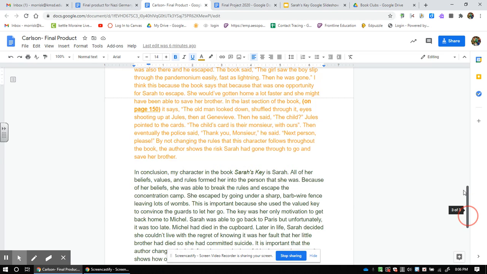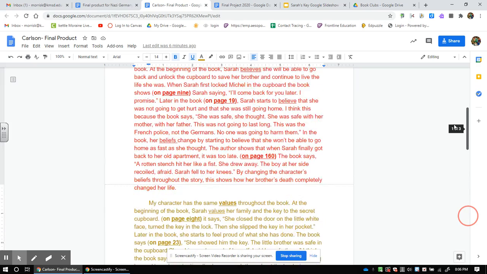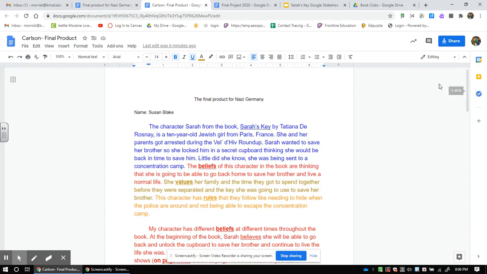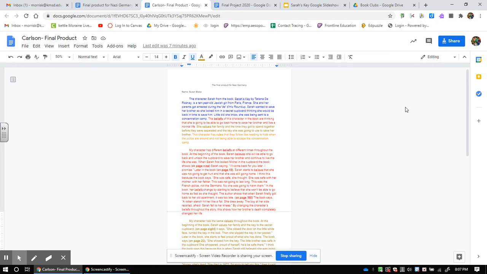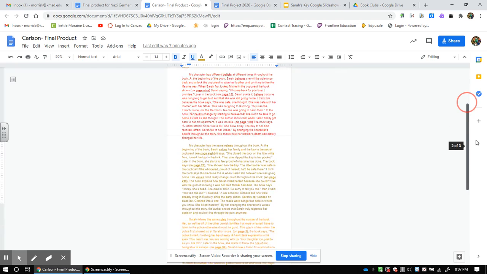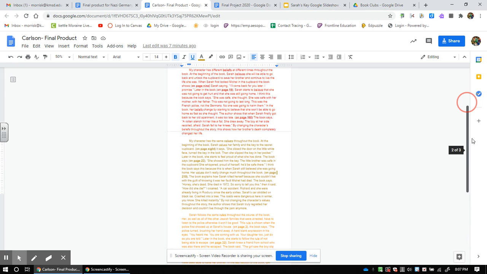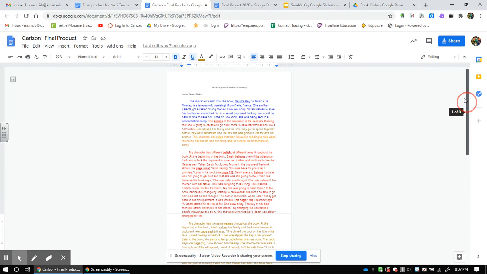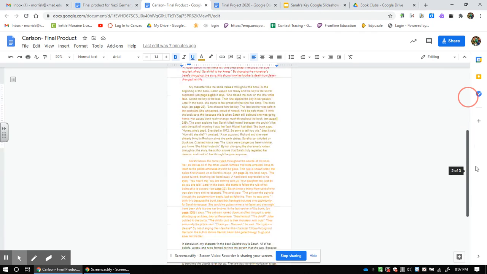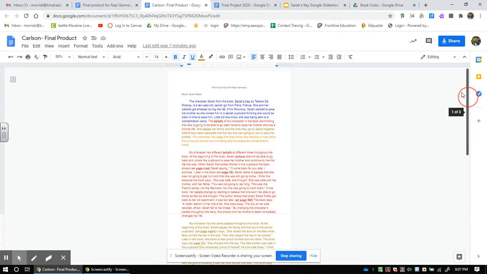Okay, we're expecting a 5-paragraph paper. This is what it looks like. I'll even make it a little smaller so you can check it out. This is what a 5-paragraph, 14-point font, double-spaced essay looks like. Notice how, once again, the blue is the thesis, and then you have the red, the mustard yellow, and the orange subclaims.